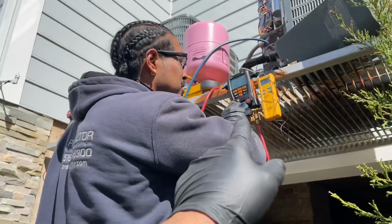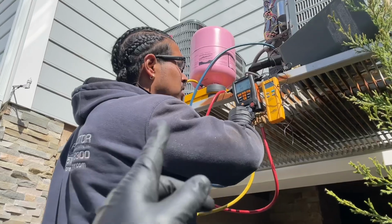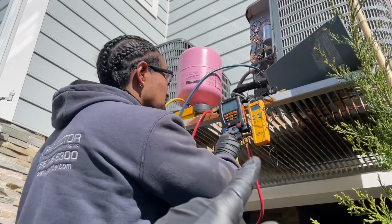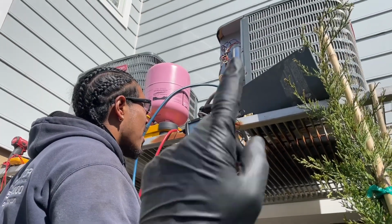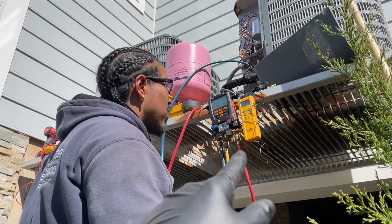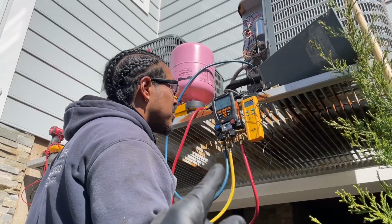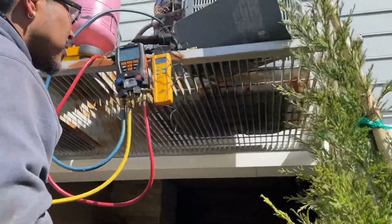Hooked up the Testo 557s, and while Godzilla was doing that, I spoke to the homeowner, made him aware what's going on. We're refilling the system as needed, and only because that may not be the only leak. Also going to add Easy Seal with UV dye, so we can come back on a future service call, and if we lose refrigerant, we can look for the dye at least. But she already knows the system is, it